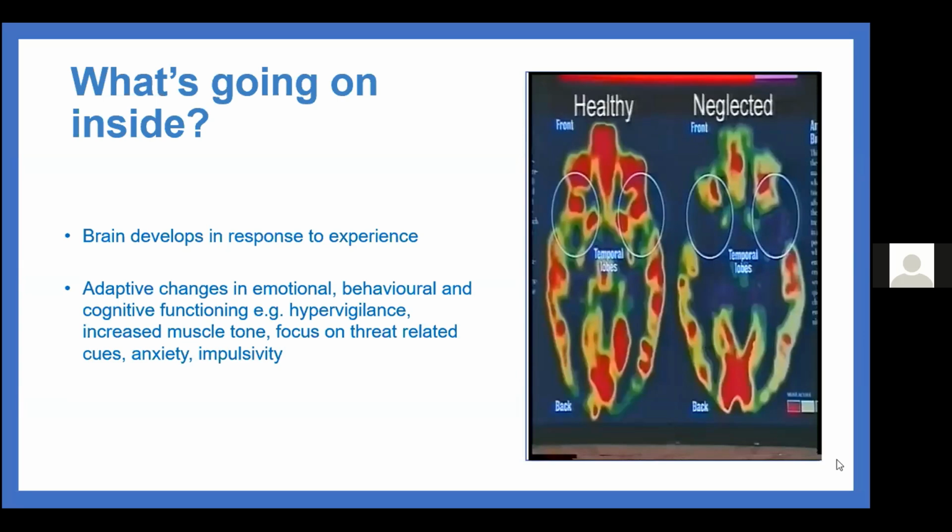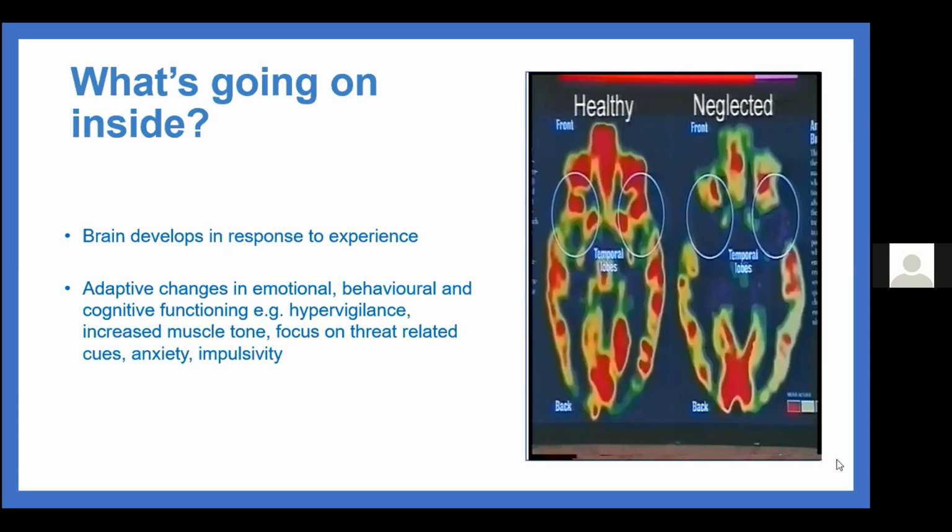And you can see from your slide there, hopefully, that the image on the left is of a typically developing child, I suppose, or a healthy attachment, whereas the image on the right is from a child who would have had an insecure attachment style or have been neglected in their early years. And you can see that there are huge gaps on that image in terms of areas of the brain that have not developed because they haven't had those experiences and therefore built up those neural pathways and so on in the same way. And that has huge implications, subsequently, for their development in terms of their cognitive functioning, their emotional functioning,